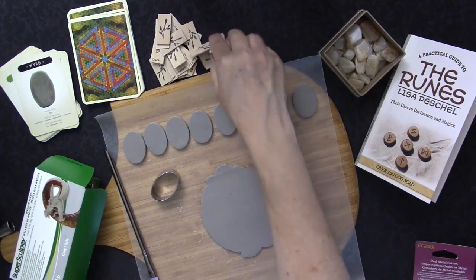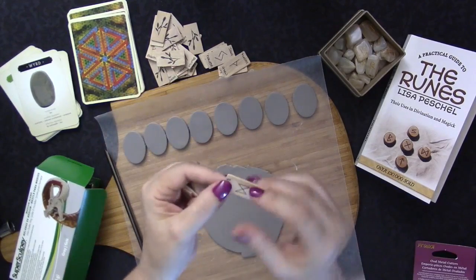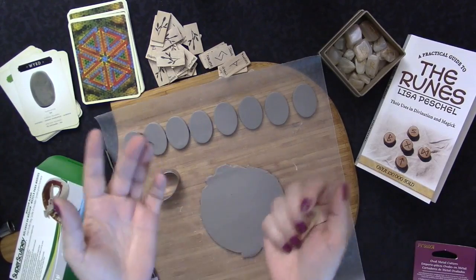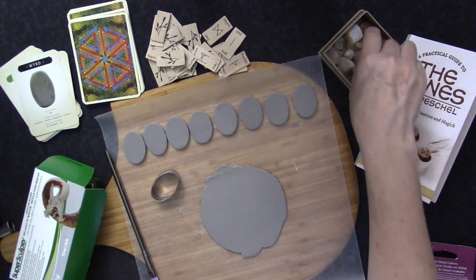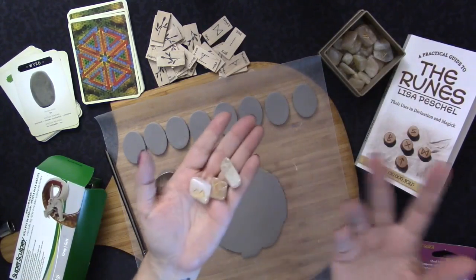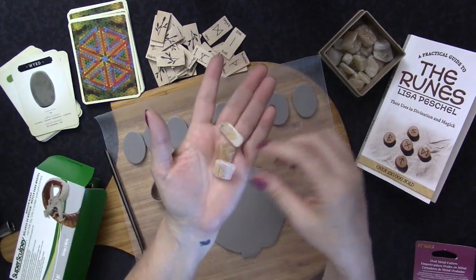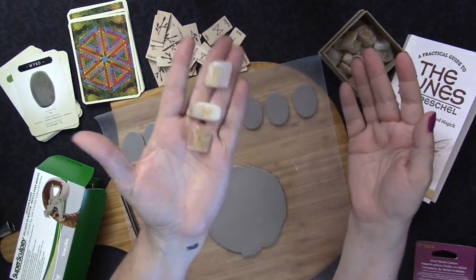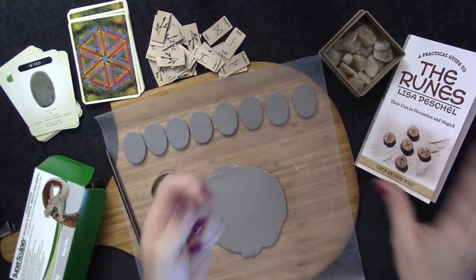Now I have a set of runes right here that I made off of just real light wood. They're so light they don't really feel substantial, and it's not quite what I want. I also have a set of stones that I've had for roughly 8 to 10 years, and these are gorgeous. I quite love them. The only issue I have is that with the Elder Futhark, which we're going to talk about,